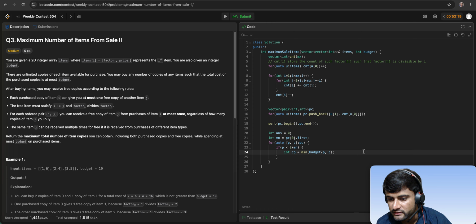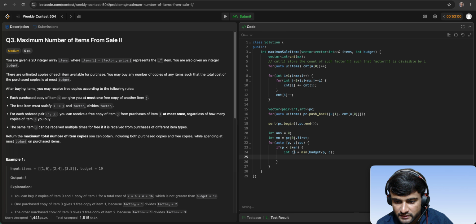And why are we doing this? We are doing this because we will only buy so that we want to get the free copies, right, out of this budget. And the maximum number of free copies we can get is this. Okay, so let's buy CP number of copies for this particular item whose price is P, and let's add these copies to our answer,